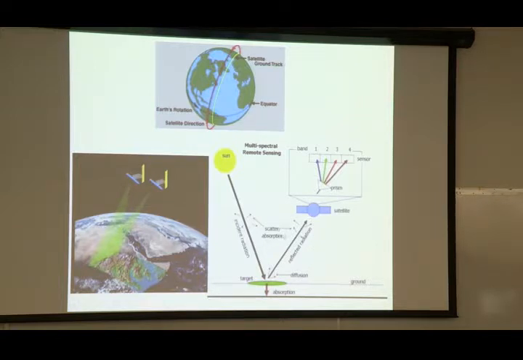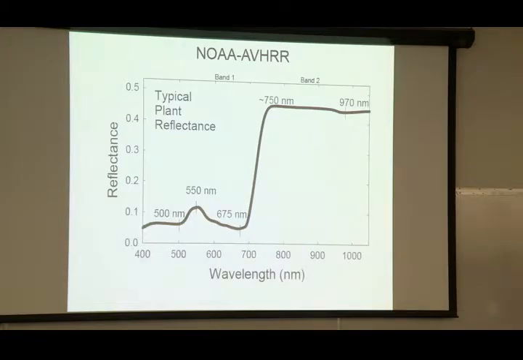And that atmosphere is scattering and absorbing that radiation. So by normalizing, you're trying to make these pixels in your image out on the edge more comparable to the ones underneath. So that was part of the reason behind normalizing a lot of these vegetation indices in the first place. So if we look at some of the satellites, one of the first ones that